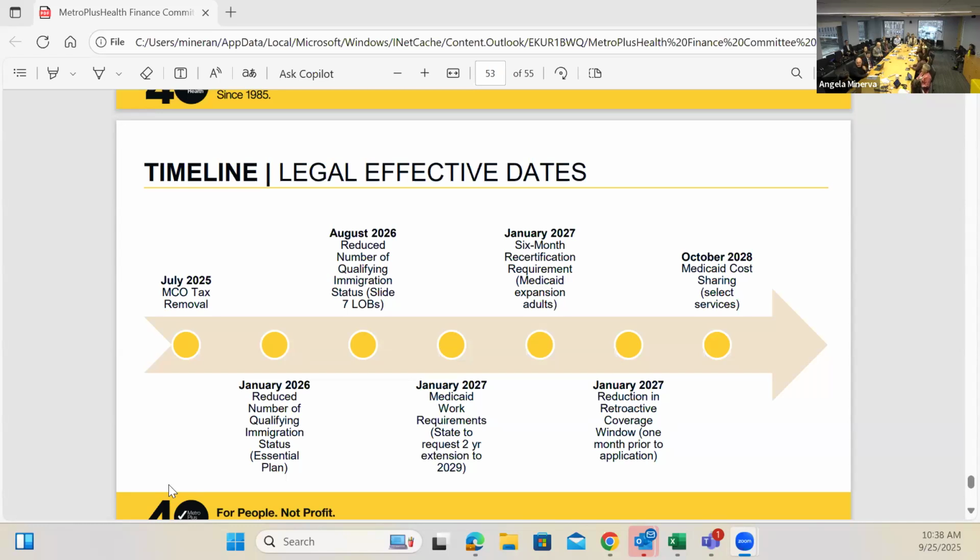And one of the, so what's the next benchmark for us to work from the state to get any kind of